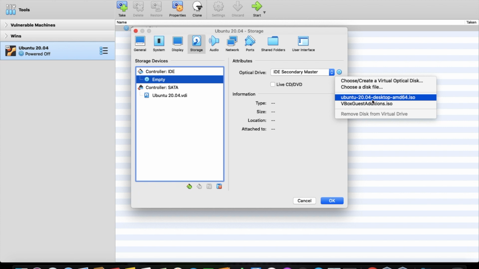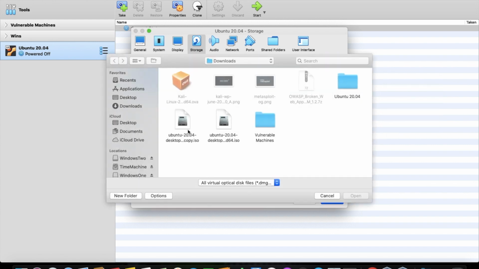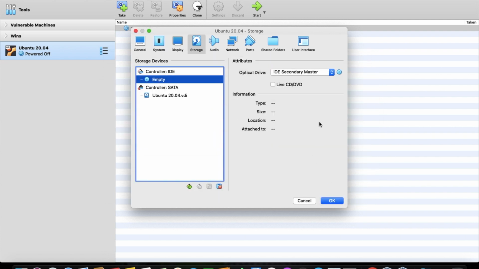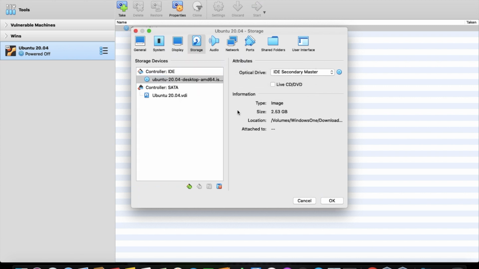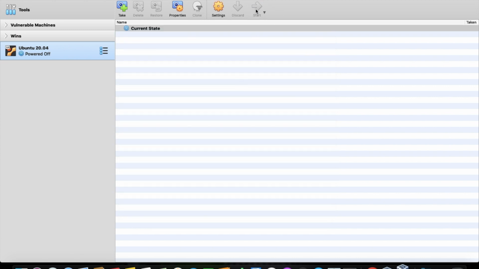It is coming here because I have already tried earlier. So you have to select the ISO from the storage, click on disk file. This is the file you have to select. So here it has come. Click on OK and start.